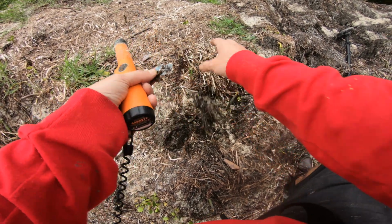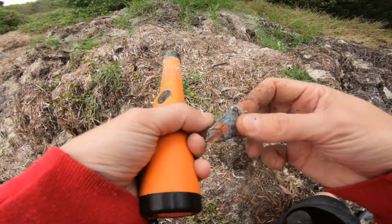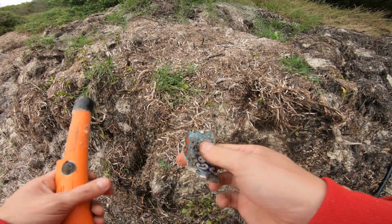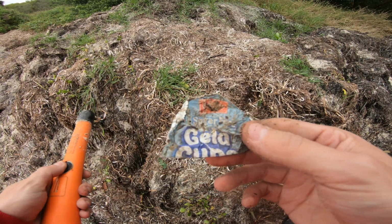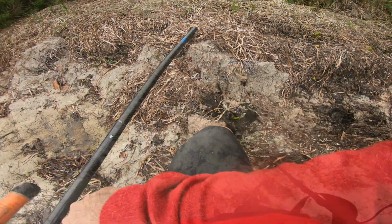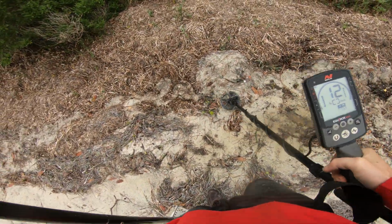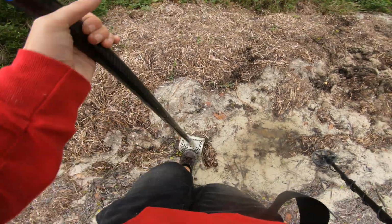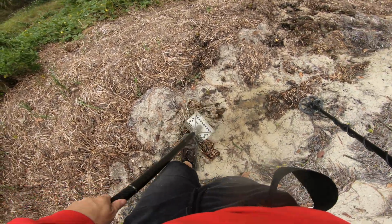Oh, there it is. Pieces of some canned slaw there. Aluminum foil. Sugar or something. Jello cup. Some junk. Let's keep searching up here though. I may have lost count. That's gotta be at least 10. Sounds kind of good right here. 12-13. Kind of a pain digging around in the seaweed, but